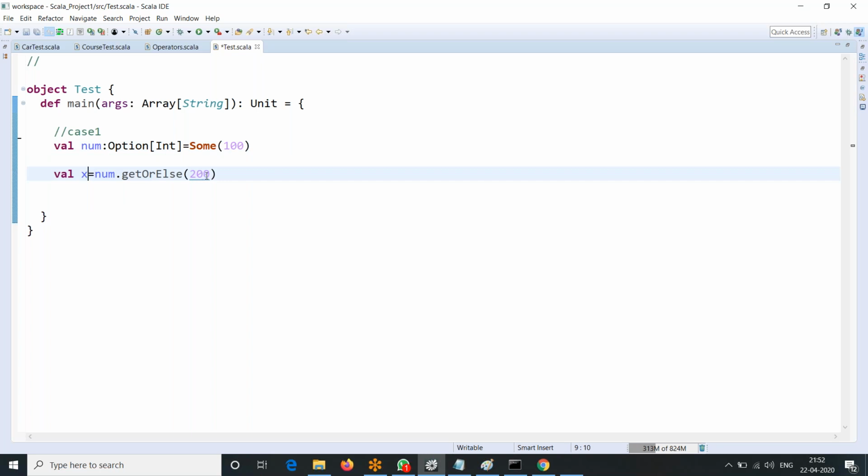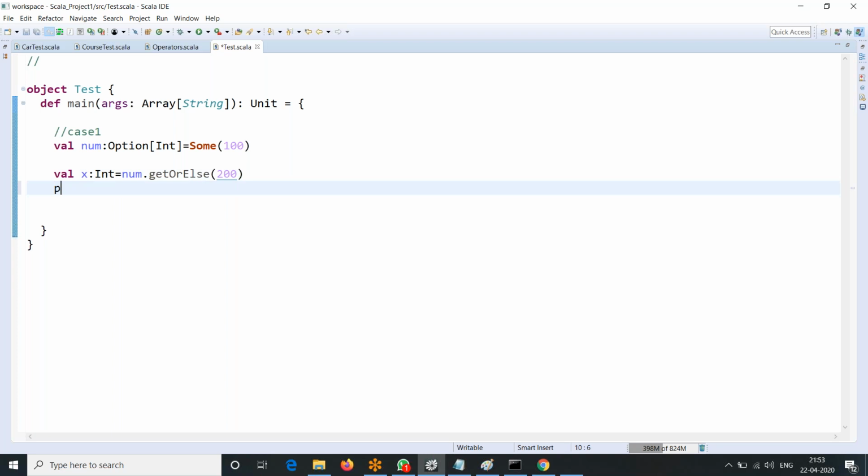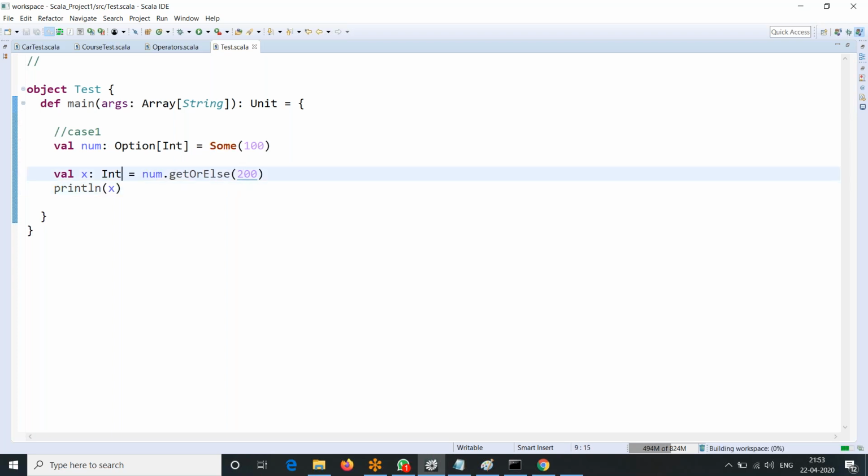Here, this is giving us 200. As we are extracting data, we can directly declare with a type here, Int. We don't have any problem because get will return whatever the type or value is there in this Some object. You got it right? So now you print that x. This is case one.